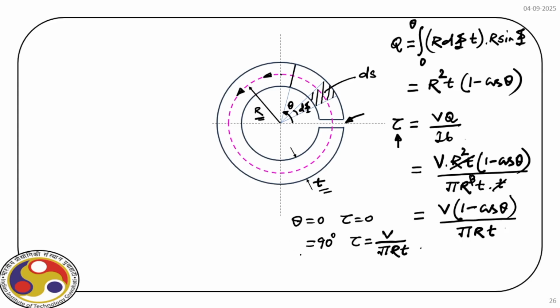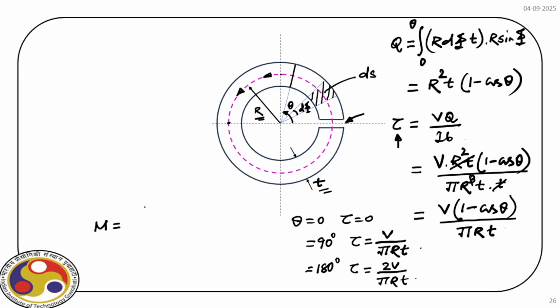And when theta equal to 180 degree, that means we are here, then we have 1 minus cos theta, so tau is 2V divided by pi r t, right? So that is the shear stress distribution. Now we can also find out the moment,